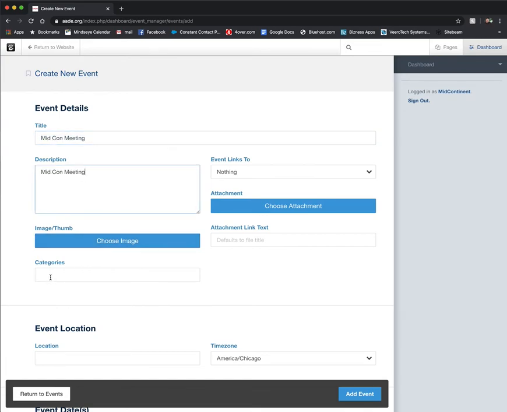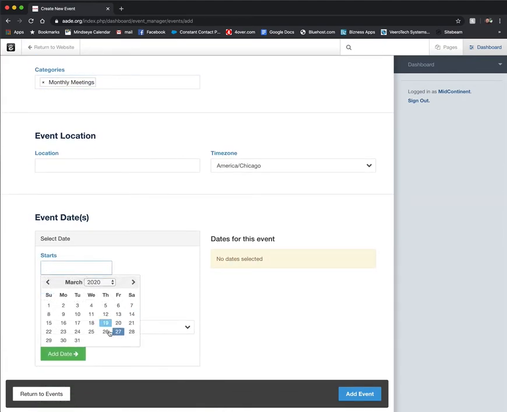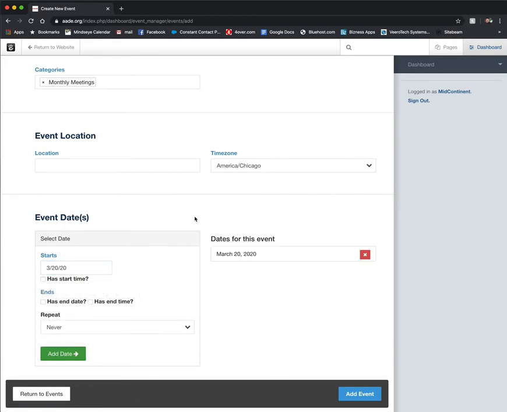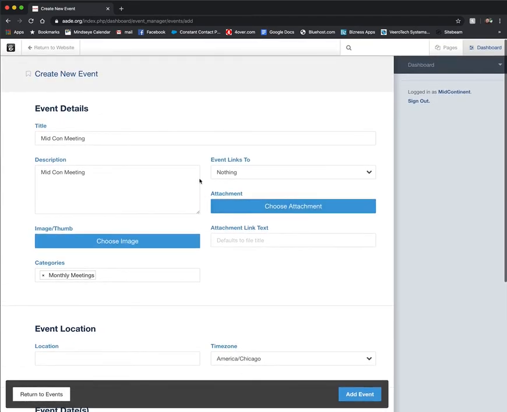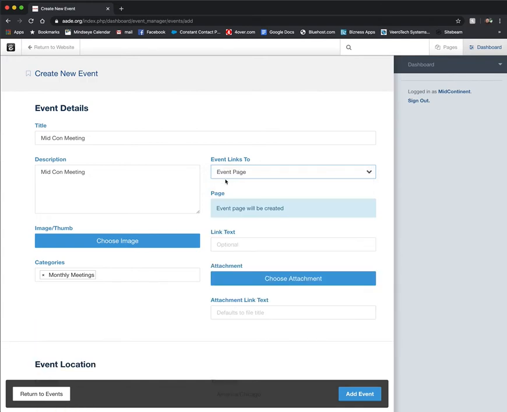Just put a description in, choose category. We'll go monthly meeting, put in a date. We'll say it's tomorrow, add date. Okay, so over here, you can create an event page. So on the calendar, if somebody clicks on it, it'll take it to a page that you have all sorts of information on. So let's just click event page, and it's going to automatically create a page for us, but